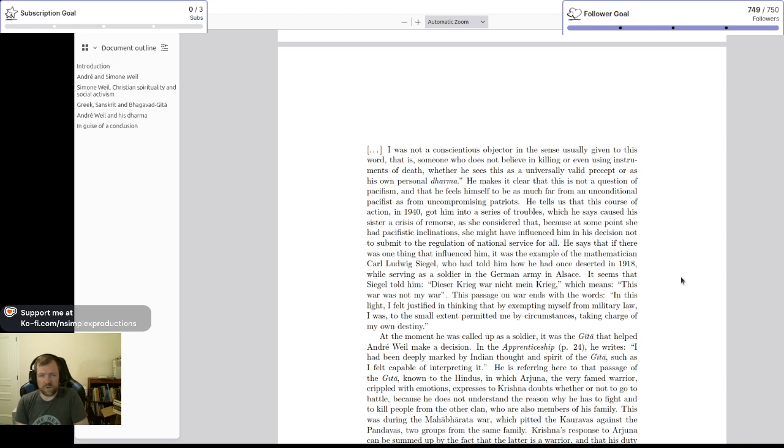He tells us that this course of action in 1940 got him into a series of troubles, which he says caused his sister a crisis of remorse, as she considered that, because at some point she had pacifistic inclinations, she might have influenced him in his decision not to submit to the regulation of national service for all. He says that if there was one thing that influenced him, it was the example of the mathematician Carl Ludwig Siegel, who told him how he had once deserted in 1918 while serving as a soldier in the German army in Alsace. It seems that Siegel had told him, "Das Krieg war nicht mein Krieg," which means, "This war is